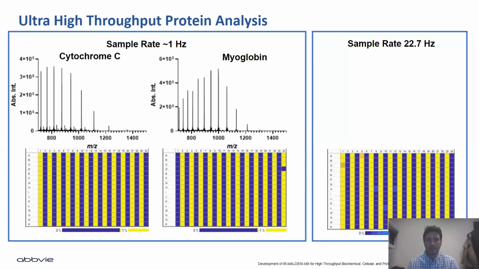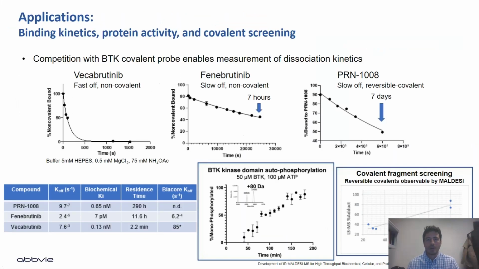So I'm going to skip this slide. So a couple more applications we can do. If we have covalent compounds, we can do direct protein binding, adduct formation. An example shown here is with BTK, which has a couple of covalent drugs available. So we can track the loss of protein signal and the adduct formation of fast compounds or non-covalent compounds by using those covalent compounds as a probe. And so that's what's shown for vecabrutinib, fenobrutinib, and PRN1008, which actually is covalent, but it's